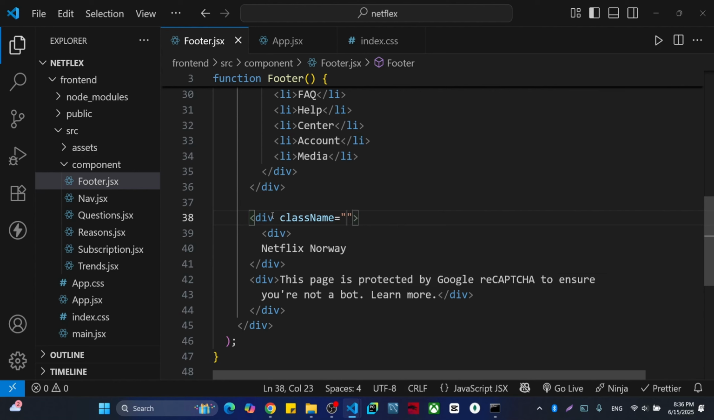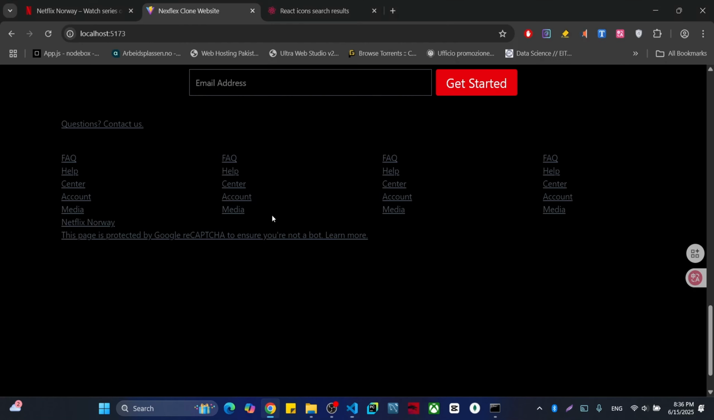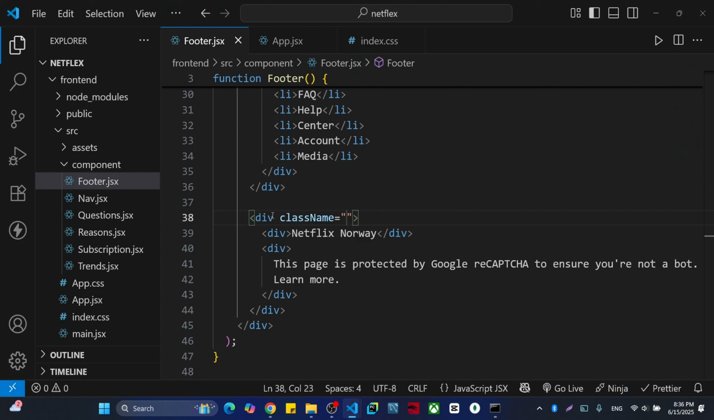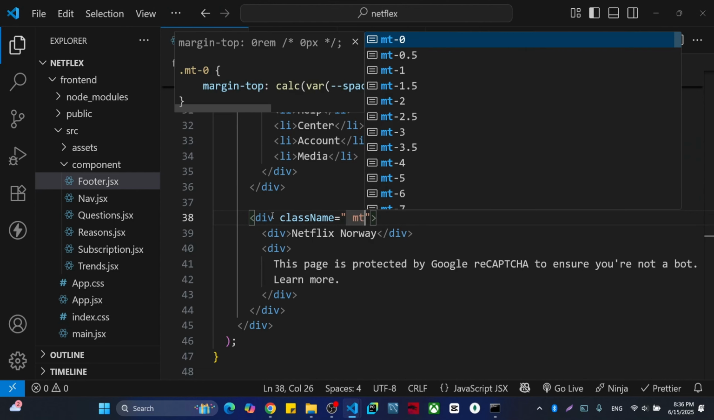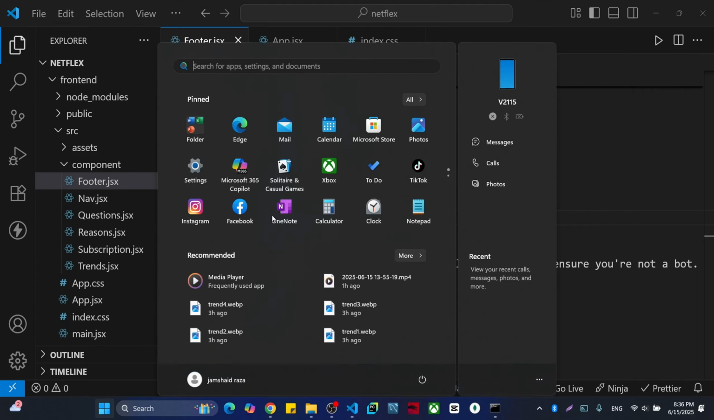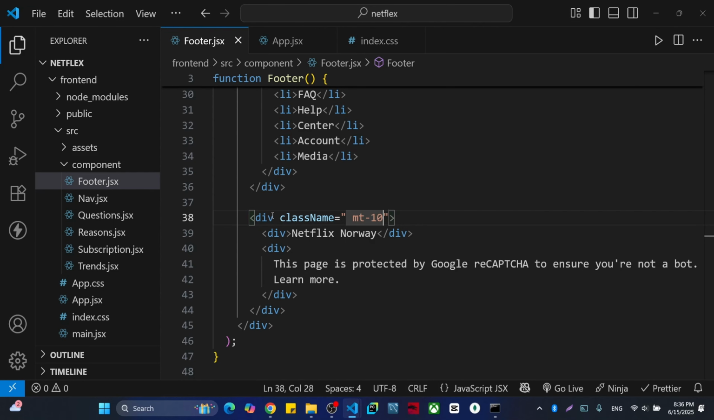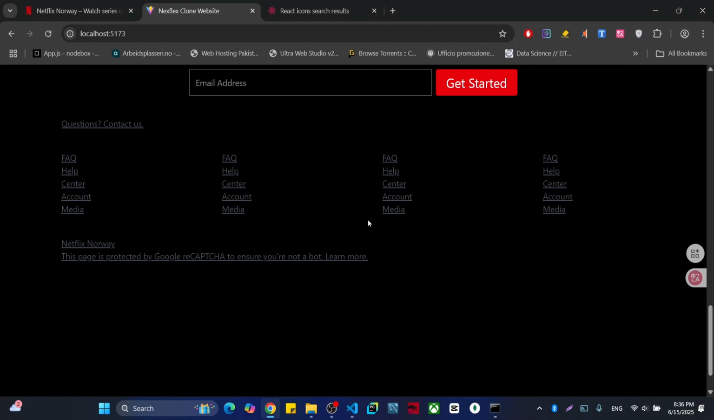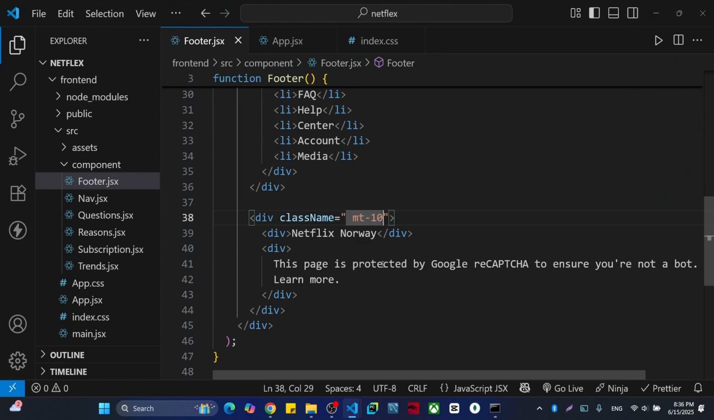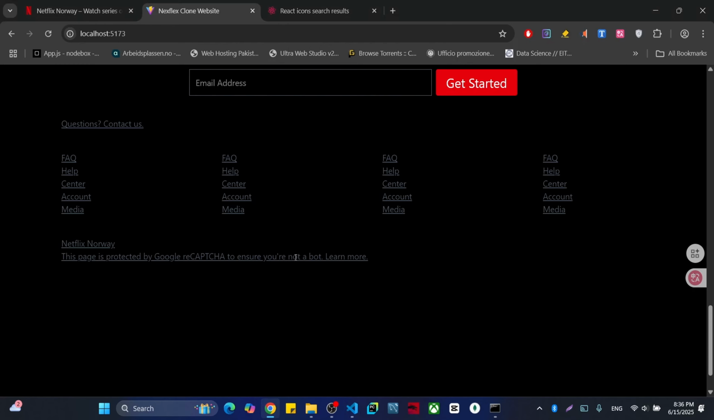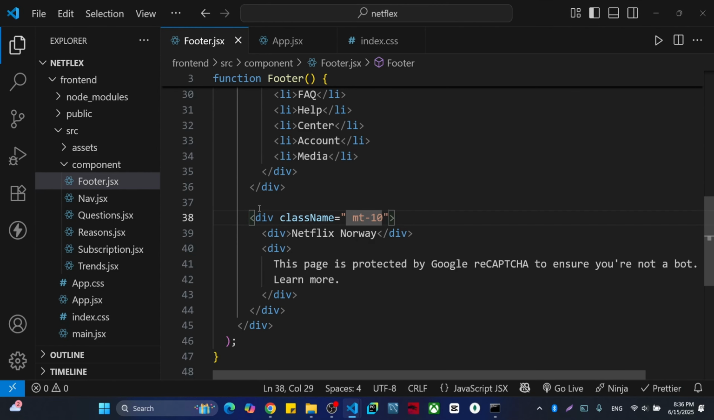Okay, and we are going to save that one. Yeah, maybe we are going to give margin to top 5 or 10. Yeah, that is 10. Okay, and one more thing, we have to remove that underline, and for that one, if